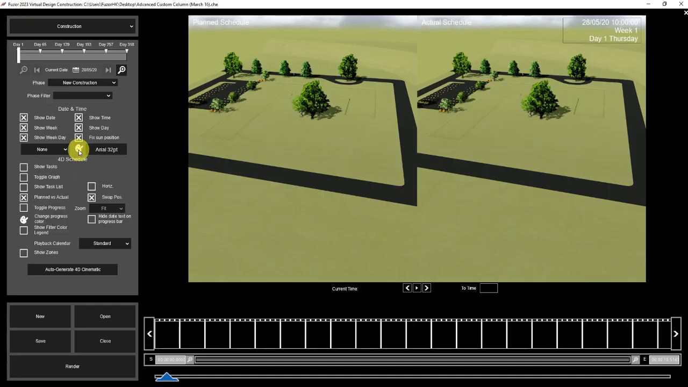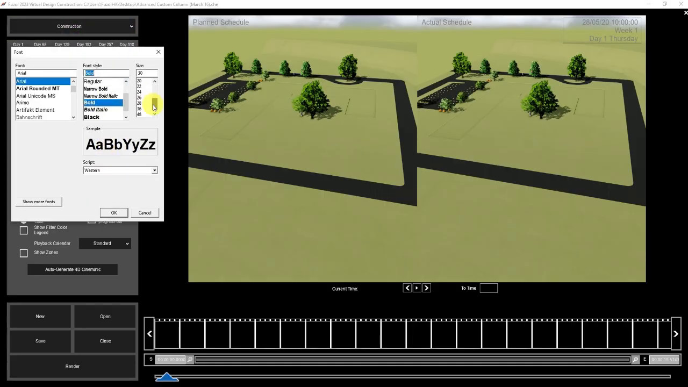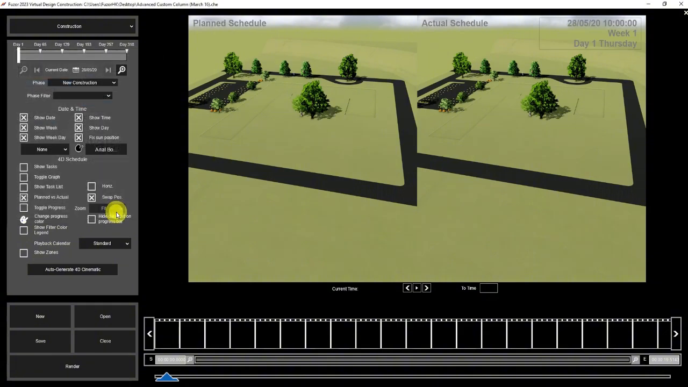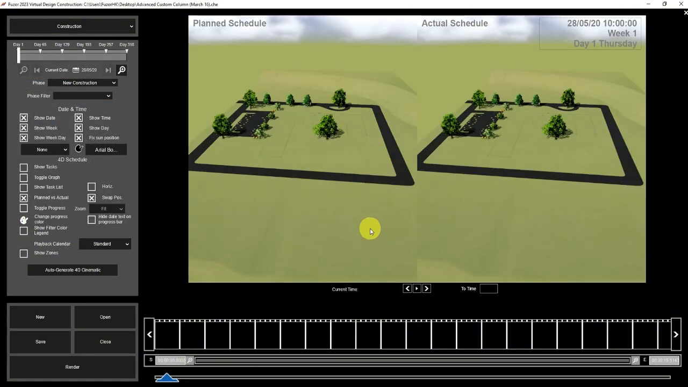To see it more clearly, we can click this paint icon, then click black, click OK. Then for the font, we can change it to Arial Bold, then size is 36. Click OK. So I adjusted the angle, and next is how to create a 4D video with plan versus actual